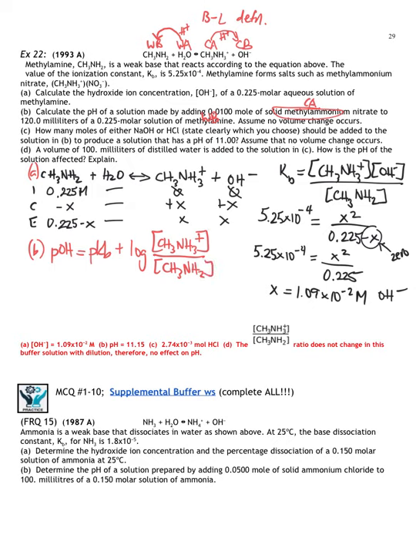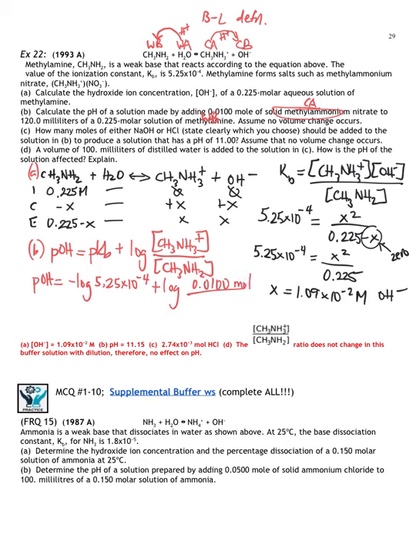So I knew to use the pOH equation. Why? Because this is a Kb problem. Look, it's a base and its conjugate acid. So I knew this was the pOH using pKb. Okay. It's a quick, easy plug-in. Trust me. All I'm doing is finding the moles. I just need to substitute my values in. So I'm taking the negative log of my Kb value, which is 5.25 times 10 to the negative fourth, plus log, and I can leave it in moles, which is really nice. The methylamine is